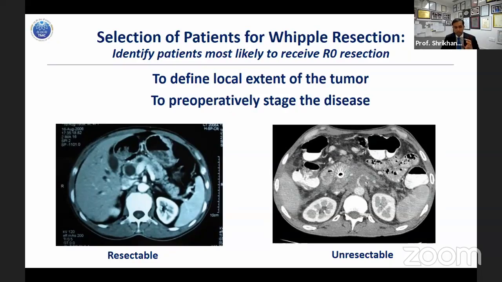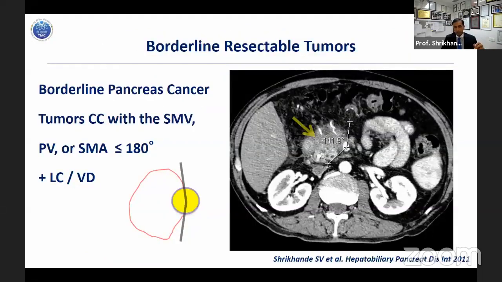So locally advanced is a word which has to be used carefully in the era of modern multidisciplinary care. This is locally advanced unresectable, and the other end is straightforward resectable. And that comes to the category after that, which is the in-between category. And this is where you have tumors which are not locally advanced unresectable, and not straightforward resectable. In this picture, a case in point, you see about 142 degrees angle of contact. You see the fuzzy planes.